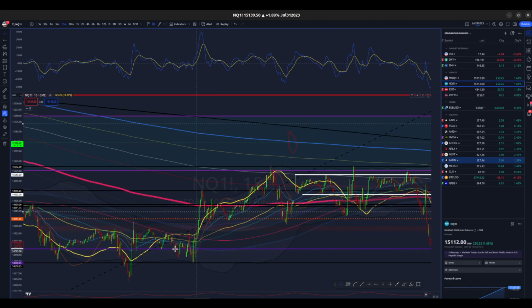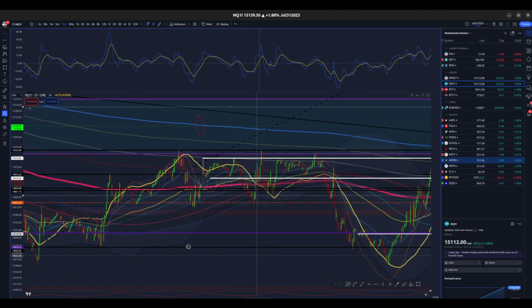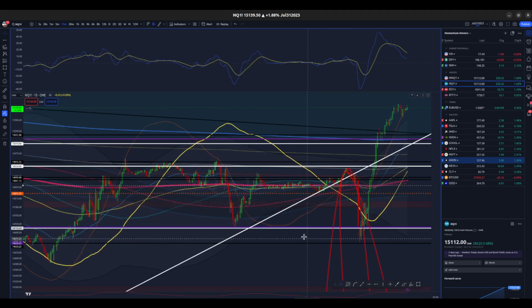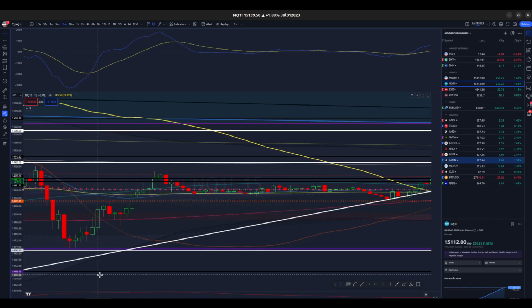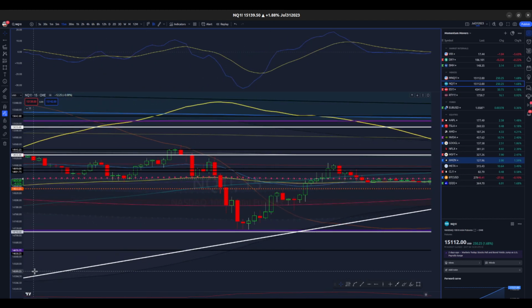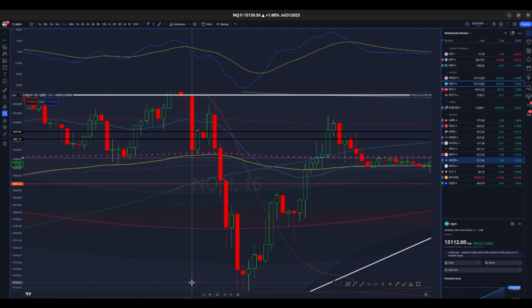It comes back from this wicked looking inverse head and shoulders back there, but I was not able to get my fill. I was so dissatisfied this day. I missed my fill by ticks, right?